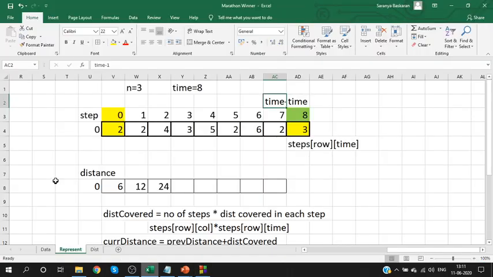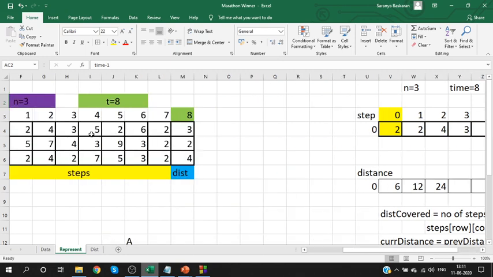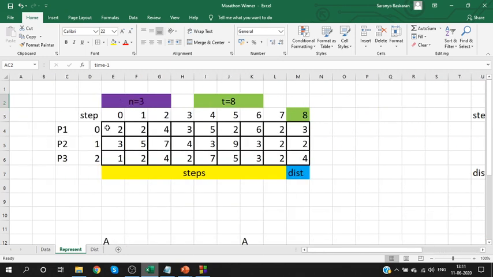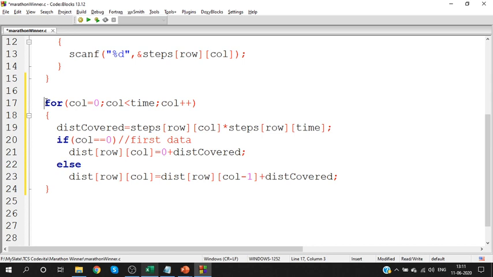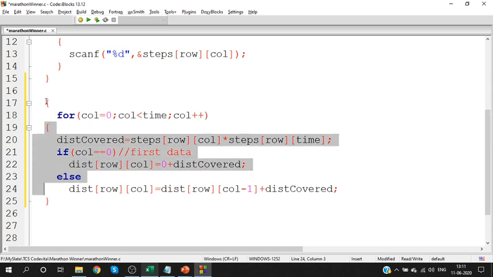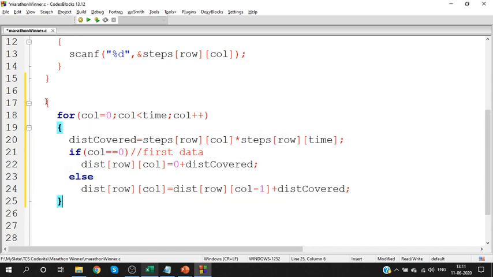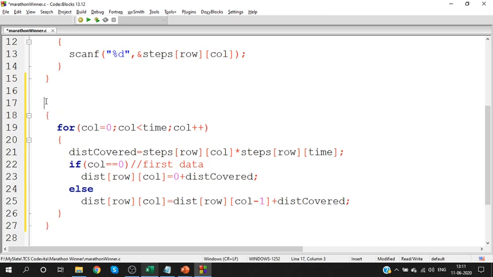Okay. So when I work for all the columns, I finish the data for one player. Similarly, we have multiple players here, right? It is not sufficient if you calculate the distance of one player alone. Repeat it for all the players. Okay. So whatever procedure we are doing should be repeated for all the players. Okay, this is the procedure we are doing, right? Taking all the columns, calculating the distance. This is the procedure we are doing. This procedure should be repeated for all the players.